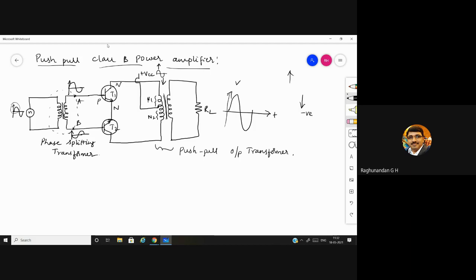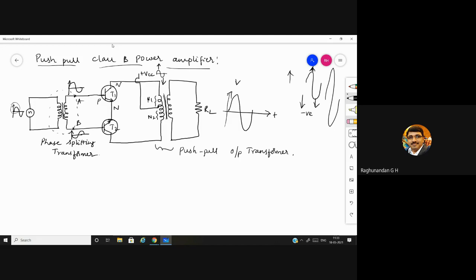When you stretch the signal on the positive end and negative end, what will increase automatically? The peak voltage or the max Vm. Amplitude, sir. Amplitude is going to increase, right? Yes. When you are stretching the signal, here you are pushing it to the higher end, and here you are pulling it to the lower end. So obviously it gets stretched, and when you stretch, automatically the amplitude will increase. This is how the push-pull class B power amplifier is going to work.